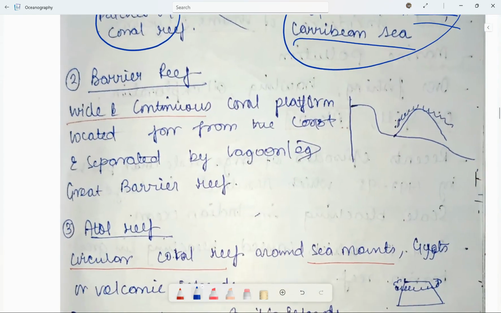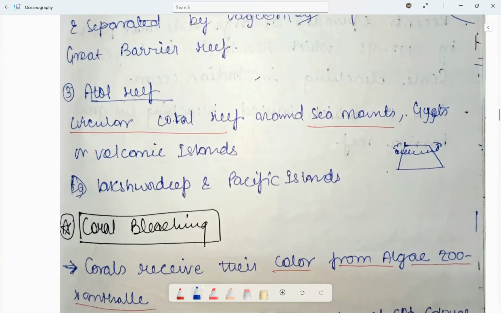सो ये फ्रिंजिंग रीफ है। नेक्स्ट कम्स बैरियर रीफ। बैरियर रीफ ये आर वाइड एंड कंटिन्यूअस कोरल प्लेटफॉर्म्स, जो कि लोकेटेड है वेरी फार फ्रॉम द कोस्ट एंड दे आर सेपरेटेड बाय लगून्स। ग्रेट बैरियर रीफ जो बात करें ऑस्ट्रेलिया में, दैट इज अ एग्जांपल ऑफ बैरियर रीफ।